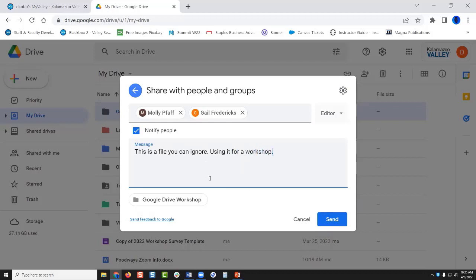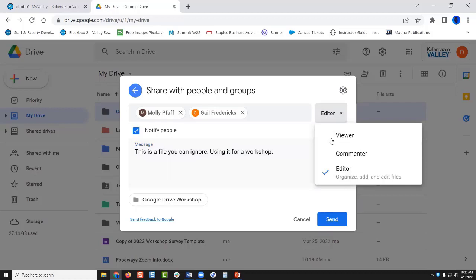Whatever the message you want to give them, and you can change their basically their access. They could be the editor, which gives them full access to the file. They can organize, well, this is a folder, so they can organize the folder, add or delete files, basically do everything that me as the creator could do. You could do a commenter, and this just gives them the ability to add comments to files within it, or viewer, and that's the least permissions, and that just lets them see, but they can't actually manipulate anything, file or folder. They can just view it.